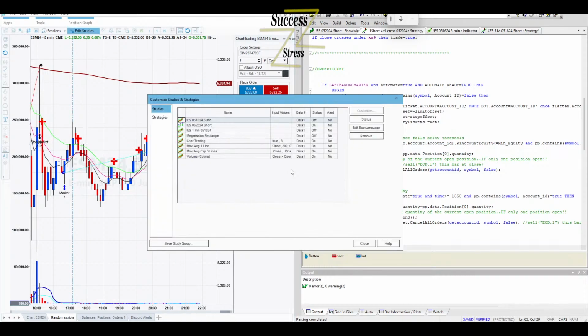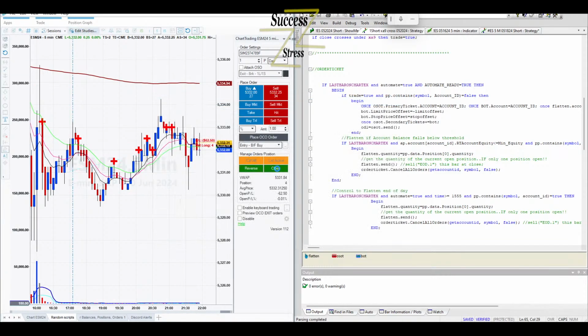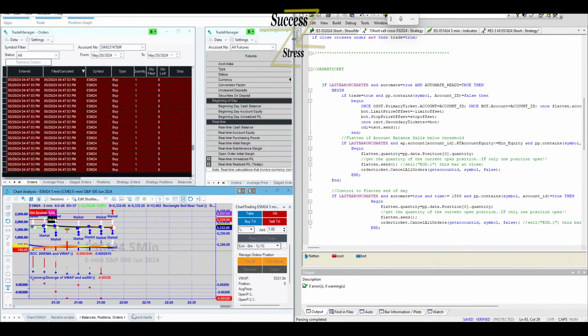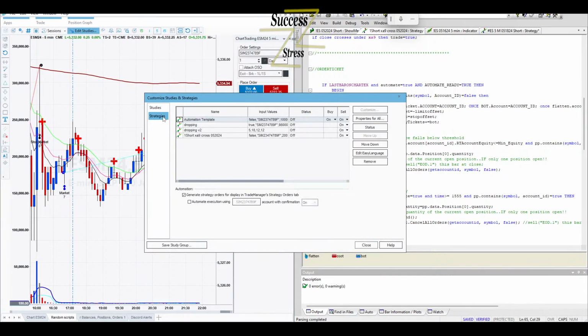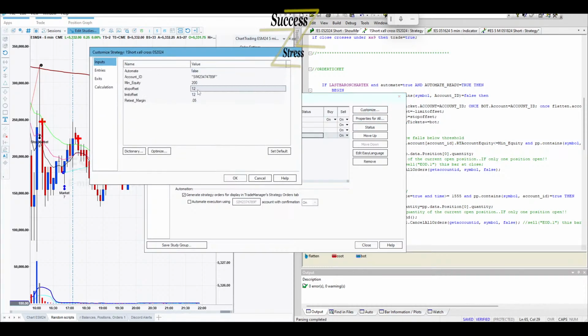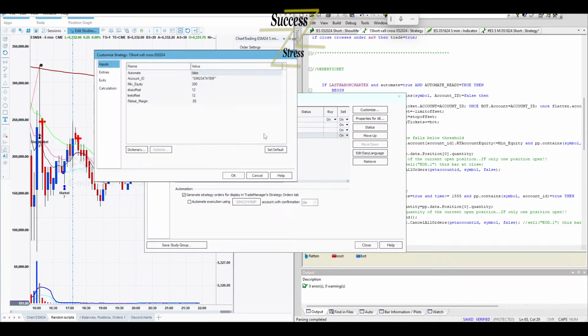I fixed that? I know we need to close this out. Let's make sure we don't have any other scripts running. It doesn't like for multiple scripts to be running on multiple different charts. Status, customize, false. Yeah, that's how I meant it.